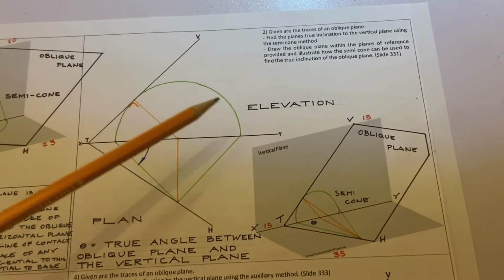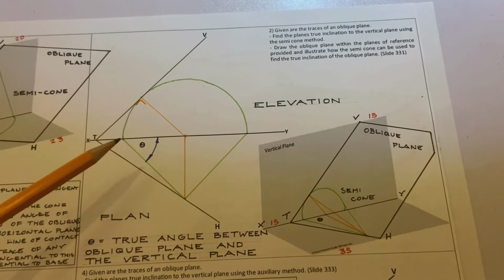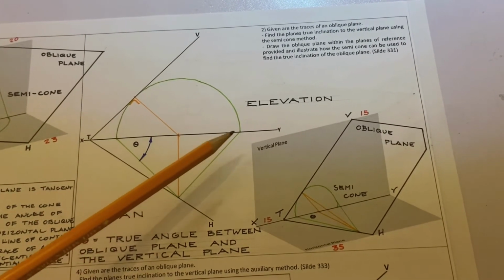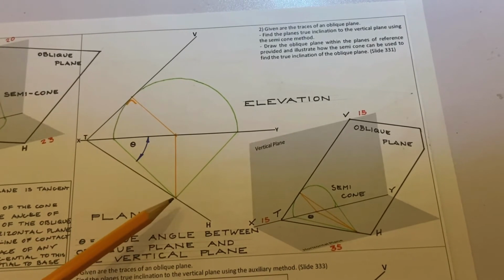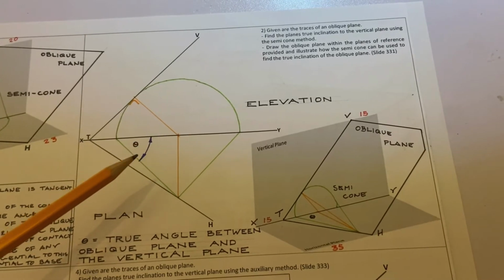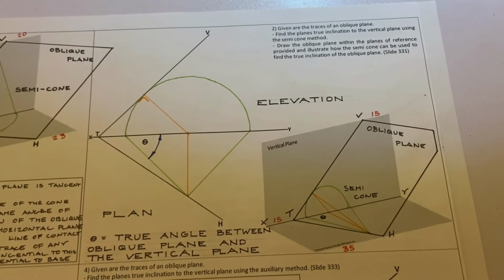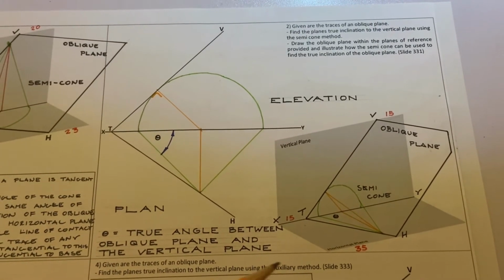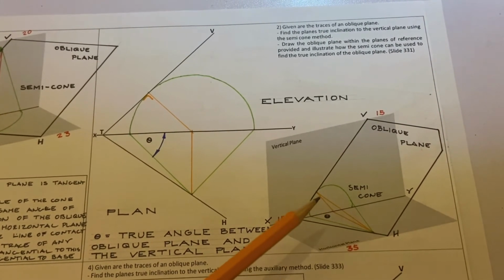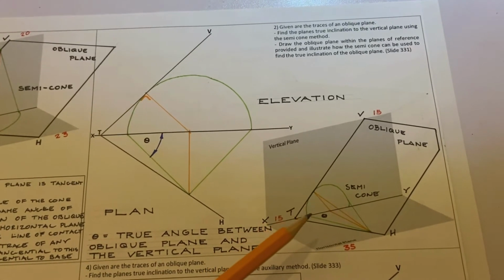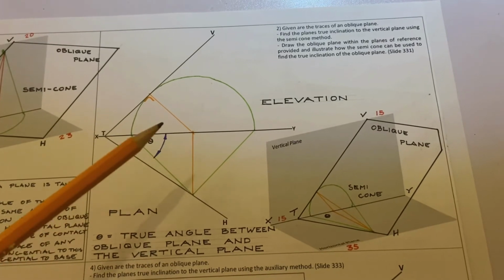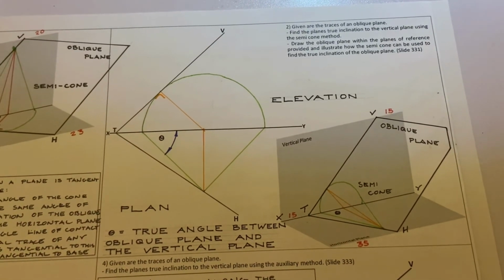You draw the semicircle. And where the semicircle intersects the XY line, we draw that back up to the horizontal trace where the apex of the cone is. And then this angle here is the true angle between the oblique plane and the vertical plane. So you can see that there, this time we have our triangle butting up against the oblique plane here. And when that's rotated down onto the flat in plan, you see the true angle between the oblique plane and